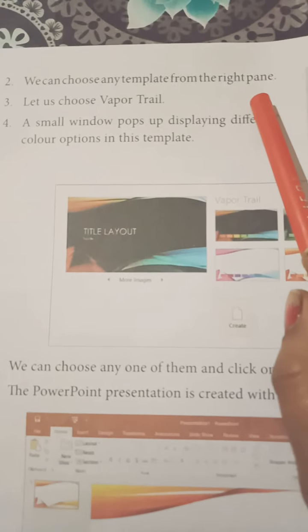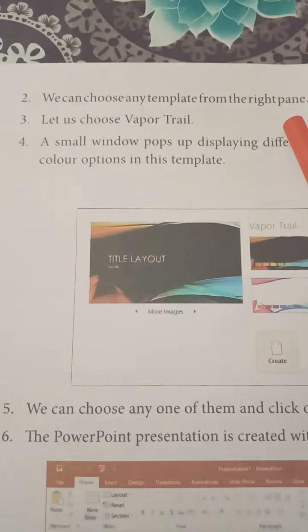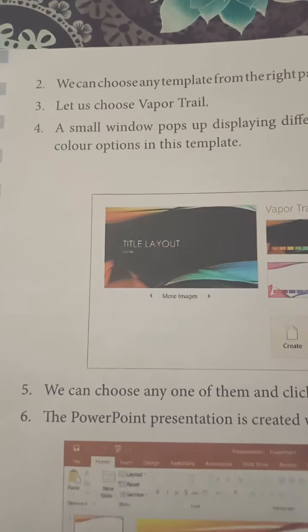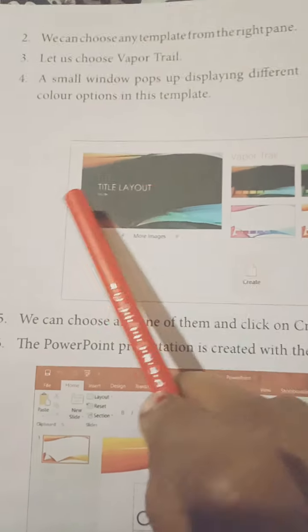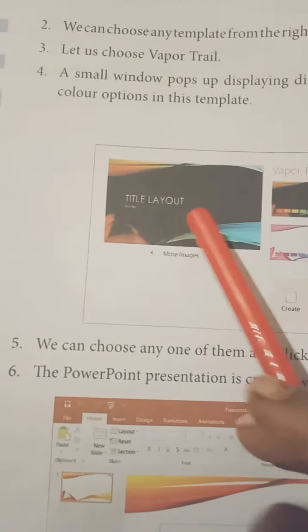Now again, see, we can choose any template. I have told you we can choose any template by creating a slide. Here, see, one has been selected for you, and a small window pops up. It displays different colors. From here, different color options are available. You can choose and finally click on the Create button, and a